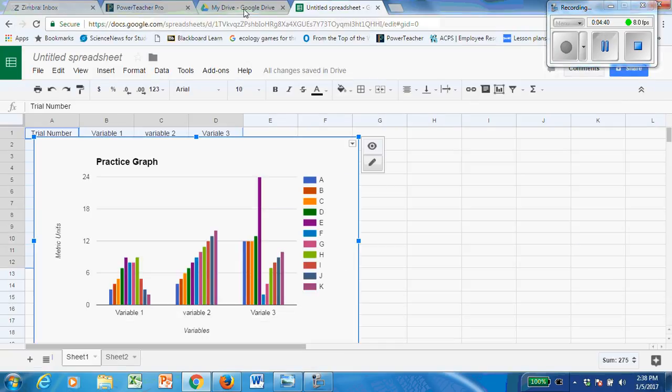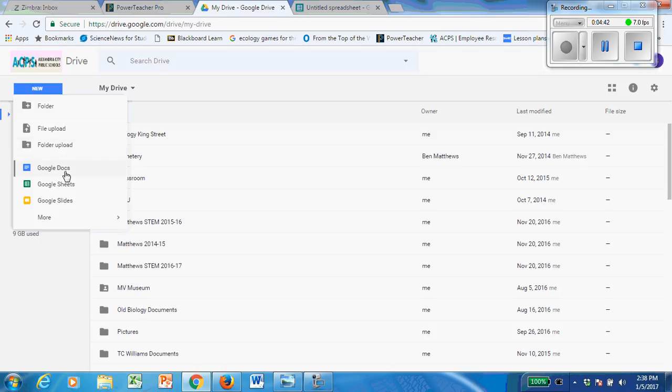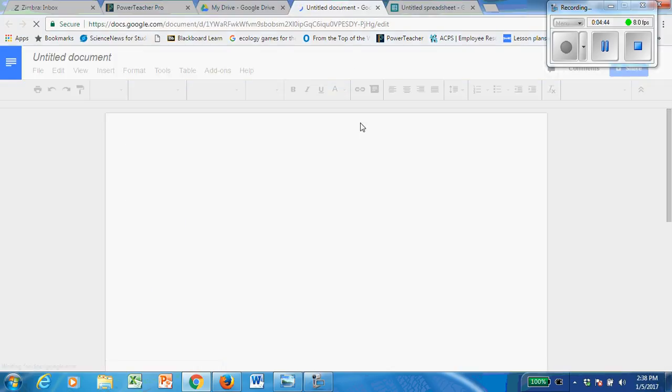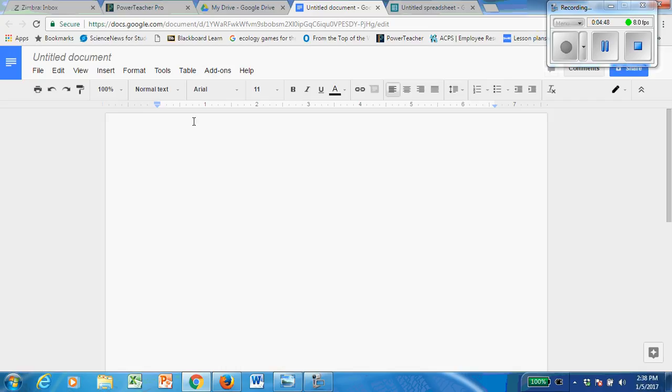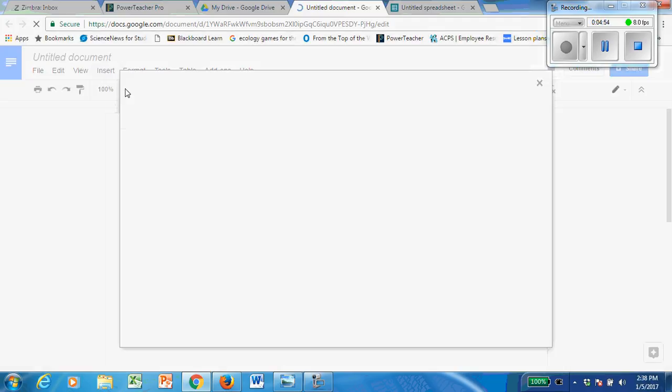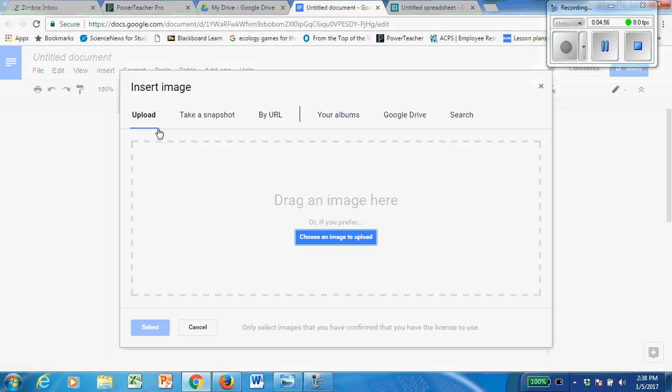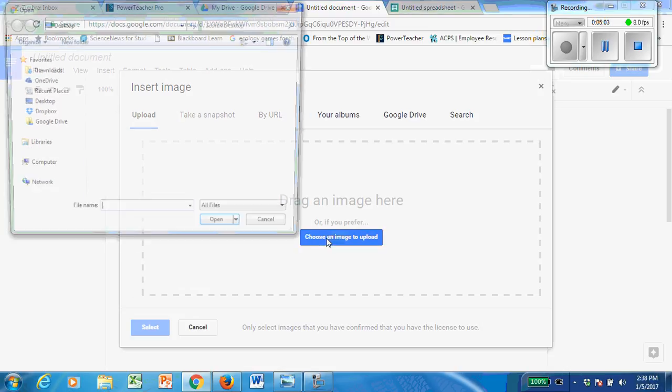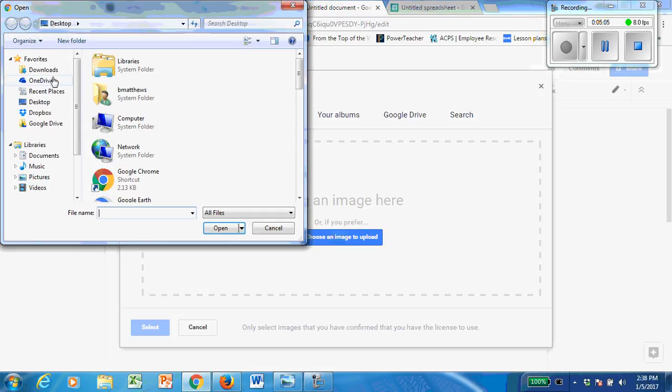So let's say I go to Google Docs, and I have a Google Doc, and I want to insert that graph wherever in my report. I would just simply go to insert, and I want to insert an image. When you insert that image, you want to choose image to upload, and you go to your download file,